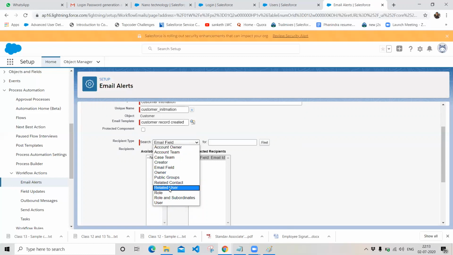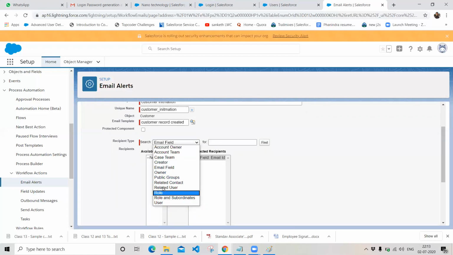Or if you want to send to a related user, a user which is there in your account record, saying that he is your business functional manager or your business functional zonal manager. And if you want to send an email to any role in your organization, you can select roles, and you can select roles and subordinates. If you want to select users in your organization, you can select users also.